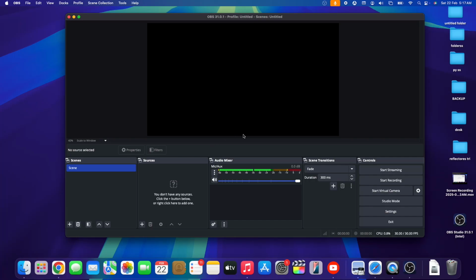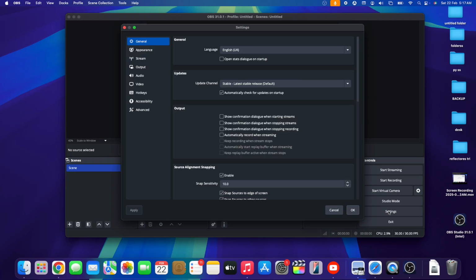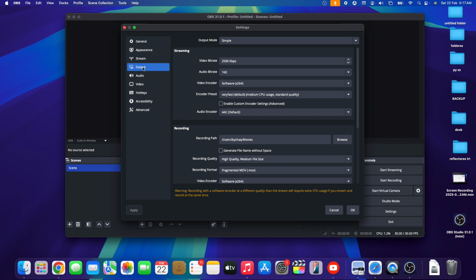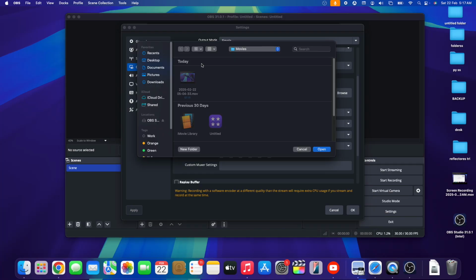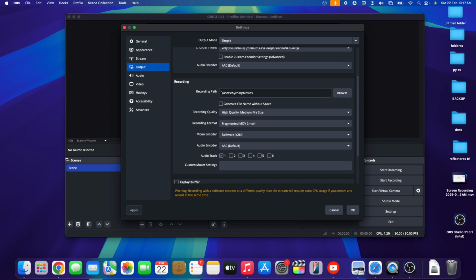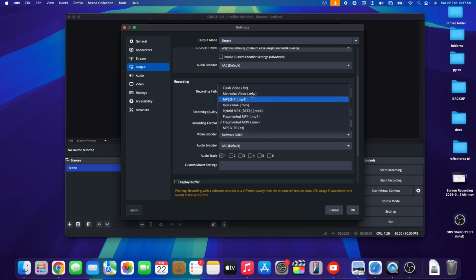So first things first, the very first thing I would recommend you guys to do is to hop into settings right here and then go all the way to output and make sure that down in recording, you've got the selected path that you wish. For example, tap on browse. You can actually choose desktop as the final destination. So everything you record will be stored here on the desktop. So make sure you select the proper destination so you don't have a hard time looking for the file that you have created. You can also select, for example, the specific format that you want, and then you've got